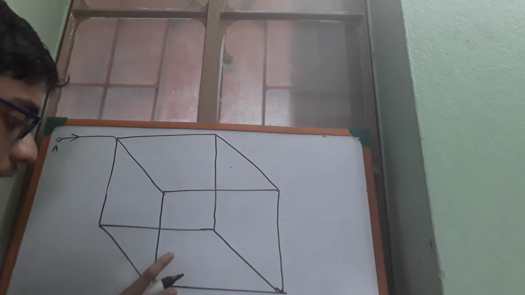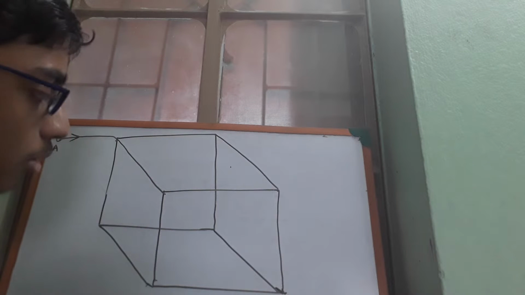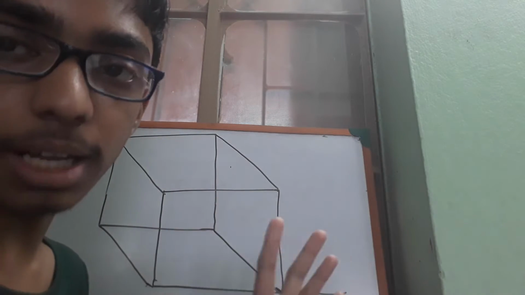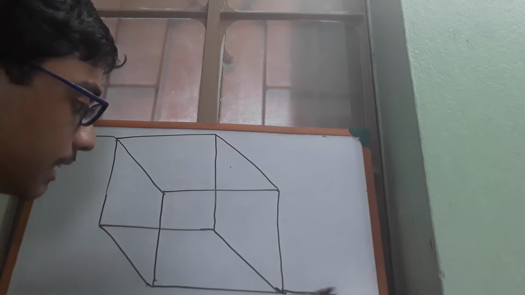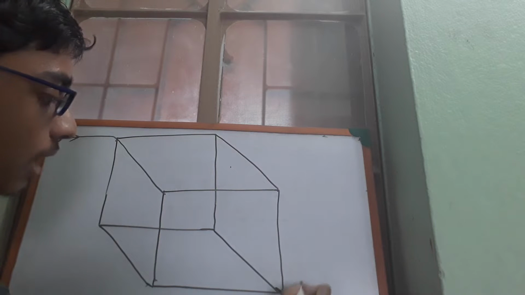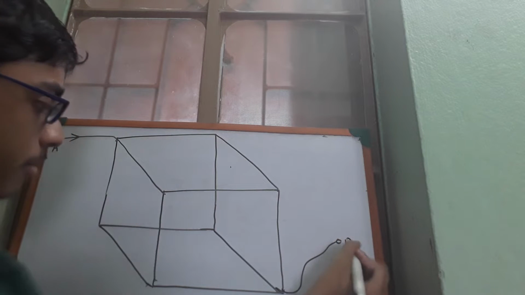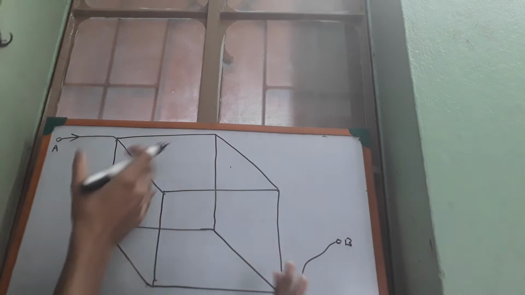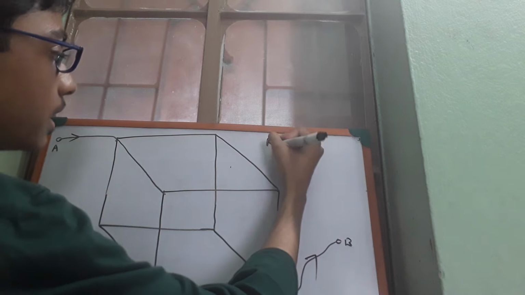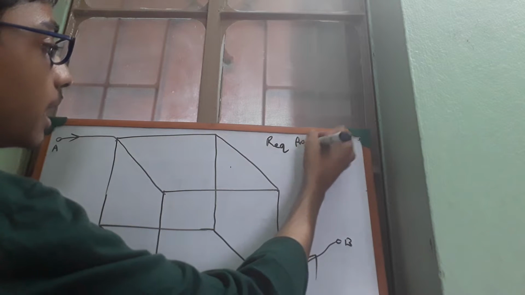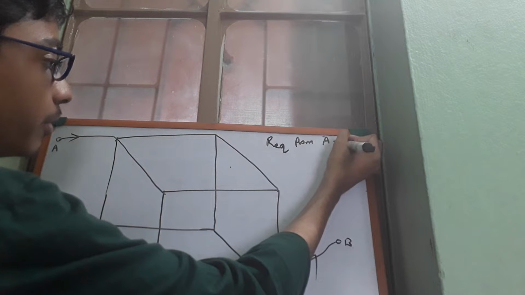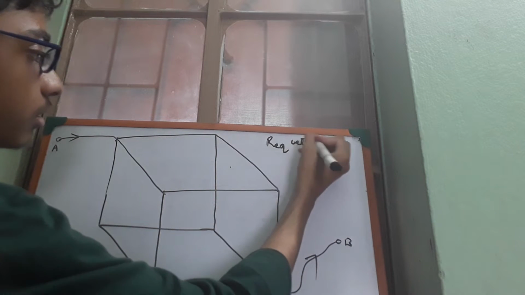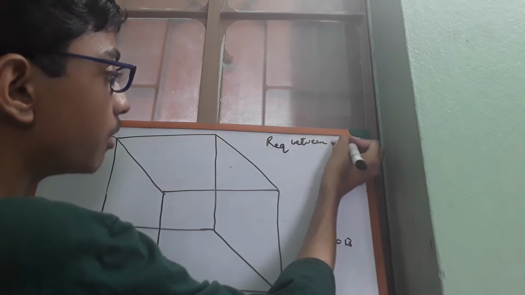So now assume each of the edges of the cube to be a connecting wire, and they're arranged like this. The circuit is set up in this way in a cube form, and one more connecting wire is getting out from here. Let this point be B. So one wire is entering A, the current is flowing all through the cube, and then it's getting out from this point B. So what is the equivalent resistance Req between the points A and B?